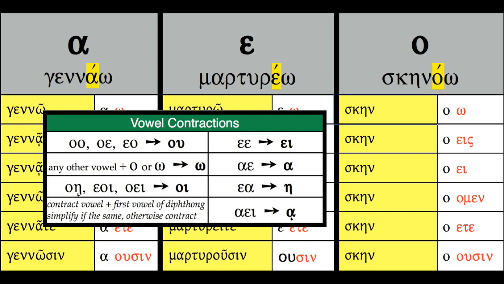Oops, and let me try that in Greek. There we go, skeno. And here we have omicron plus epsilon iota. Okay, here's where we have this whole quadrant, mainly for omicron contracts. Omicron plus epsilon iota becomes skenois,